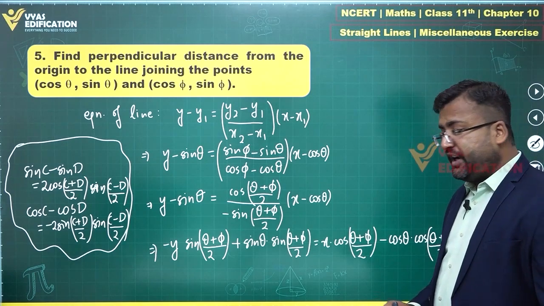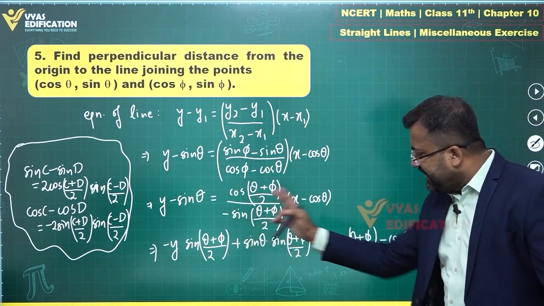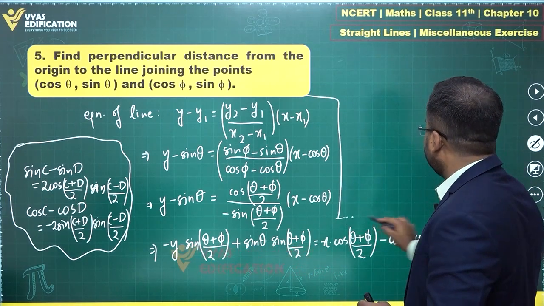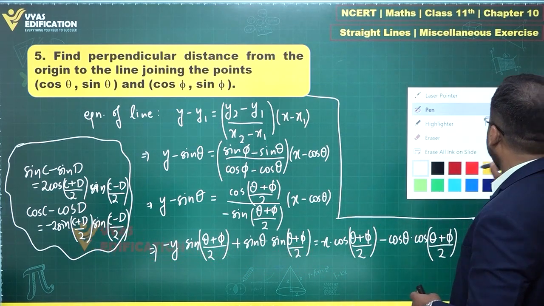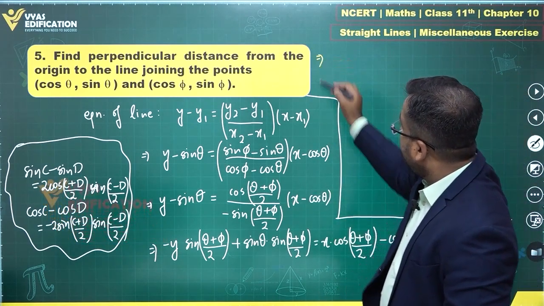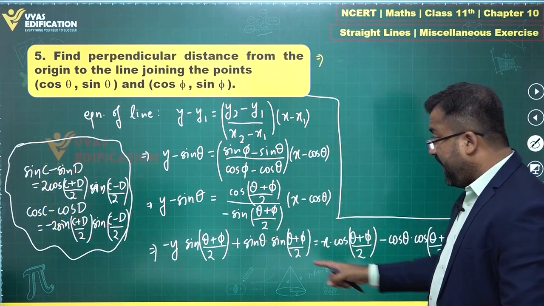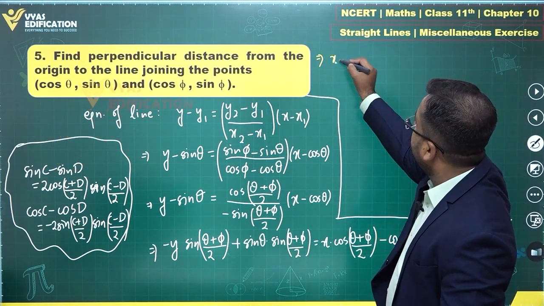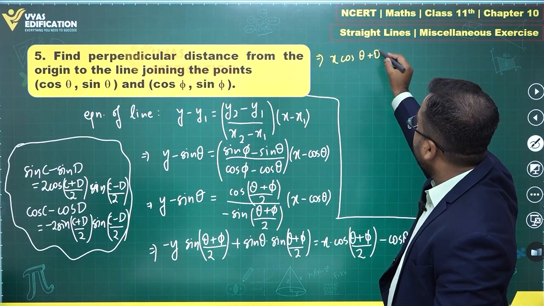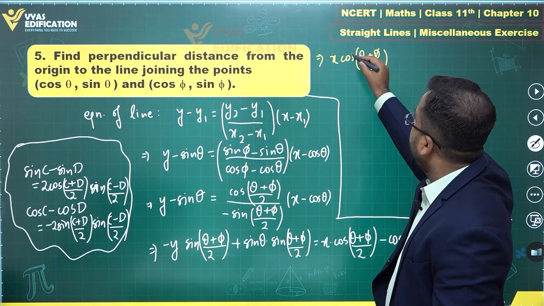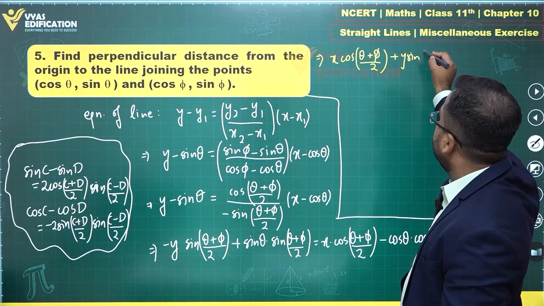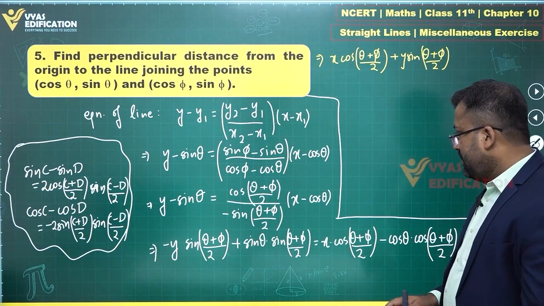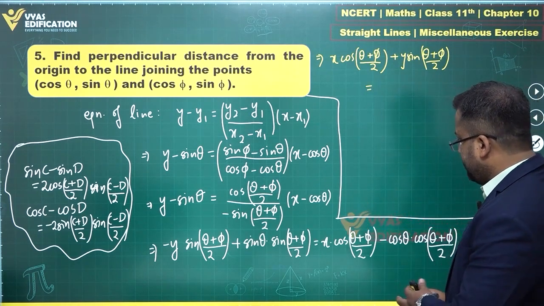This expression looks pretty long, but you can bring that y term over here and take this term over there to simplify it further. Let's take a look at what it looks like after simplification. Let's bring everything with the y term on this side and take the cos theta term over there. So x cos (theta plus phi) by 2 is what I have over here, plus y sine (theta plus phi) by 2, and this is equal to,